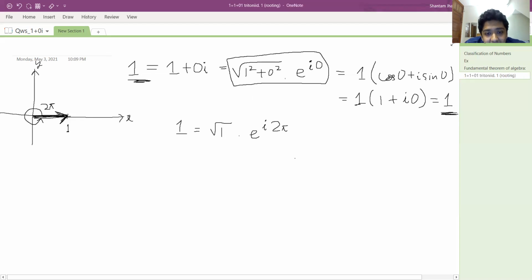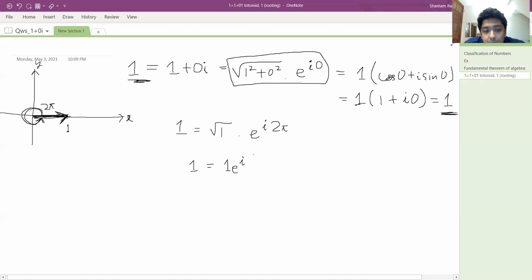Okay? And not only that, I can also write it as 4 pi, because I can go one more time around the circle and still have the same vector, the same angle. So I can represent 1 generally as 1 times, because that's the magnitude, right? Square root of 1 squared plus 0 squared, square root of 1 is 1, which is the magnitude of the vector, 1 times e to the i theta, but